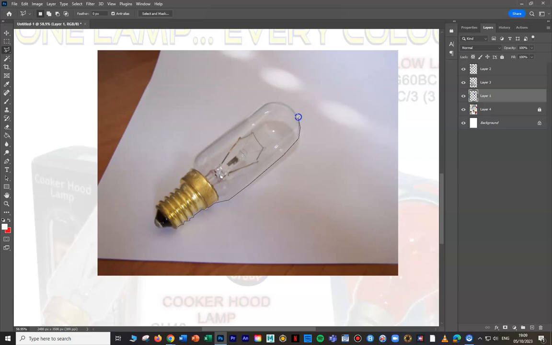Mostly it's straightforward and quite obvious where it is, but where there's a shadow, and the light is passing through the bulb, it becomes quite difficult to see. It's on the other side, it's over here. It becomes quite difficult to see what's glass and what's actual shadow. But if you zoom in a bit more, and you take your time, you don't accidentally double click in case you have to start all over again,